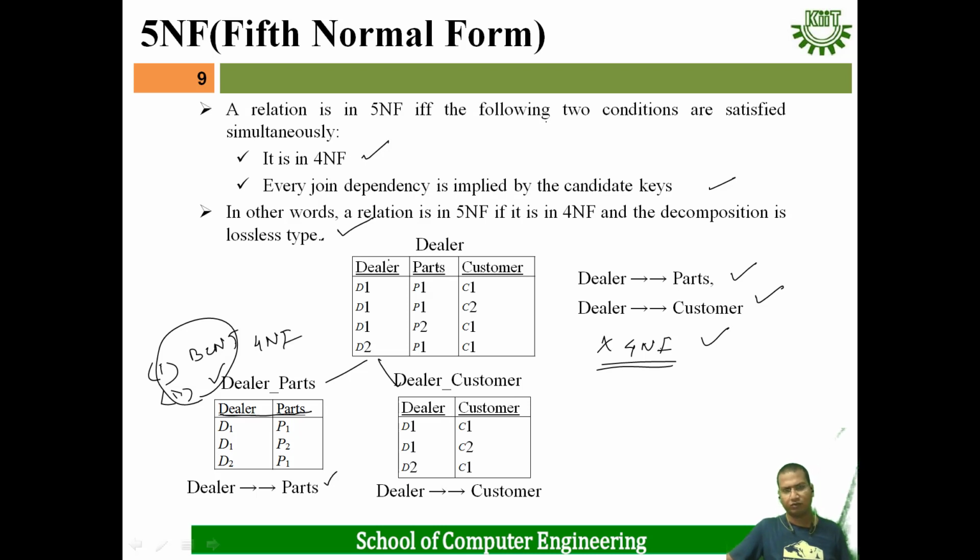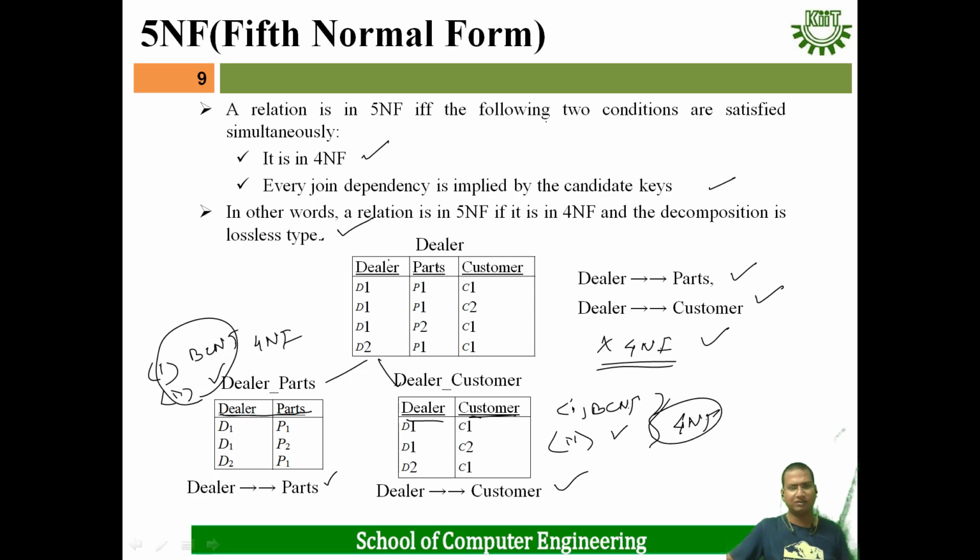Similarly, in this case also, both the attributes combined become the primary key. That means the first condition, that is the BCNF condition, is satisfied for 4NF. And the second condition: a multi-value dependency is there, but independent attributes are not there. That means the second condition is satisfied. That means this table is in 4NF.